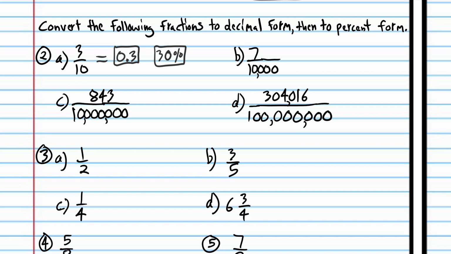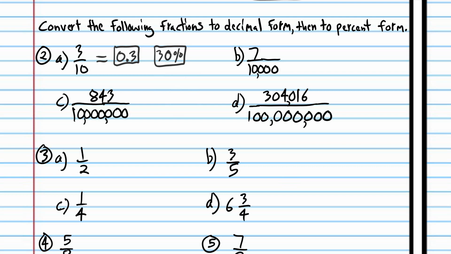Now you can also use the long division algorithm by taking 3 and dividing by 10, adding a 0, and it goes in 3 times. Bring the decimal straight up and you've got 0.3. Using the long division algorithm works every single time. So if you want to just learn one method, you should probably learn the long division algorithm for changing a